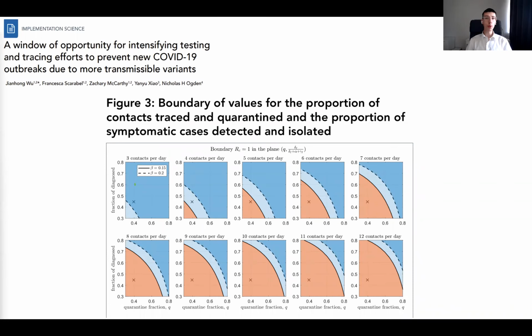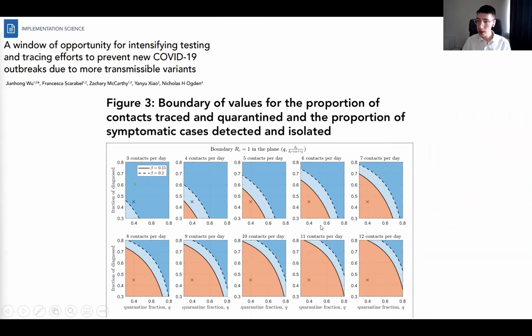We also looked at how to avoid the B117 wave, now known as alpha. What we did, we had estimates of the relative transmissibility of alpha compared to the ancestral strain. So we looked at requirements in terms of control measures and the activity levels in the population that were needed to drive that reproduction number to less than the threshold of 1. So again, we show our contour plots. And as an example,